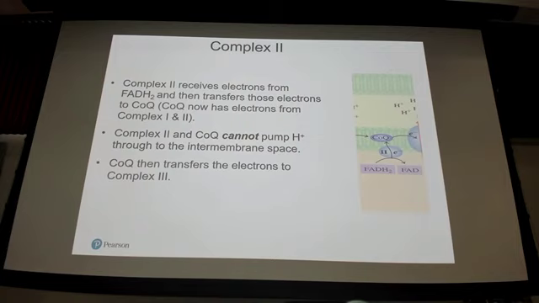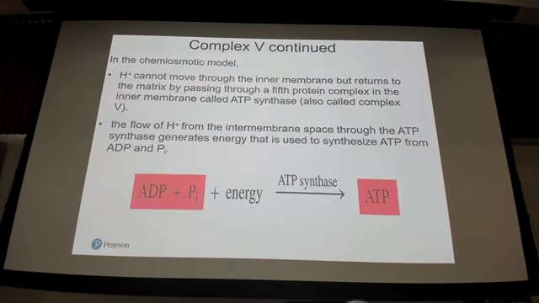Any other questions? And this, again, is just giving information about chemiosmosis. Chemiosmosis is that driving force because of the positive gradient of the hydrogen ions that have been pumped into the space. They now want to drive down in the opposite direction, from high to low concentration, to produce that